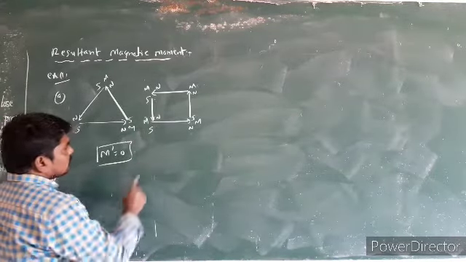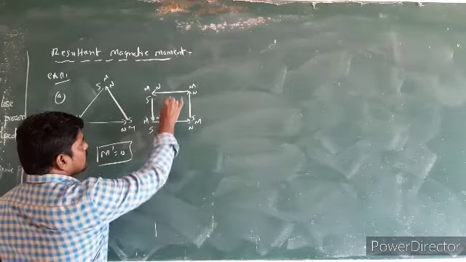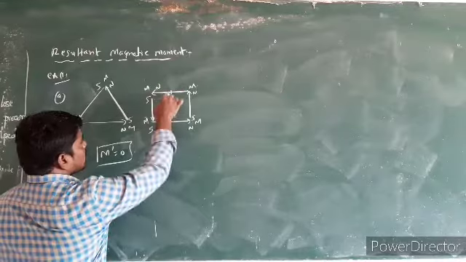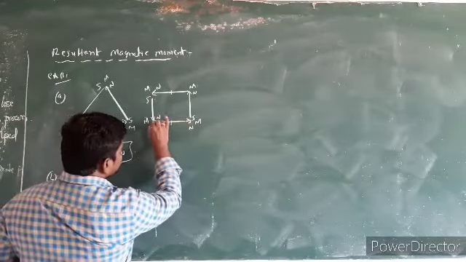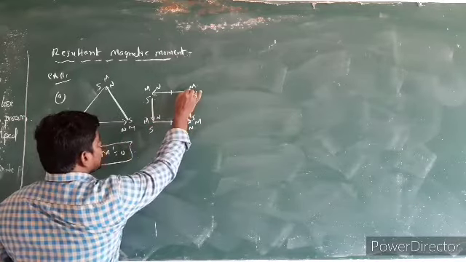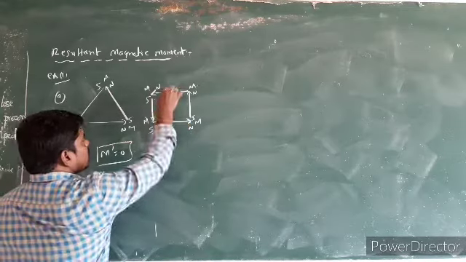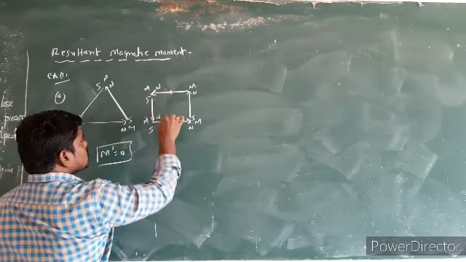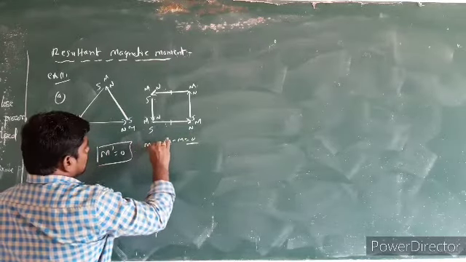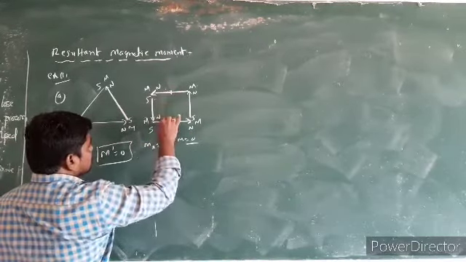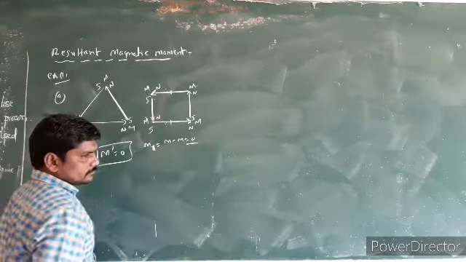If you observe here, see this bar magnet and this bar magnet. These two are anti-parallel. The magnetic moment of this bar magnet is south to north, and the magnetic moment of this bar magnet is south to north, but these two are anti-parallel. Net magnetic moment of these two, how much? m minus m, that is 0. These two magnets are along the x-axis. That's why the net magnetic moment along the x-axis is m minus m, 0.